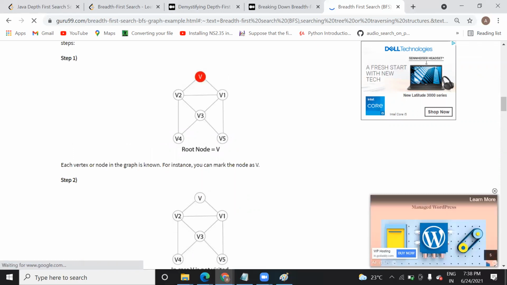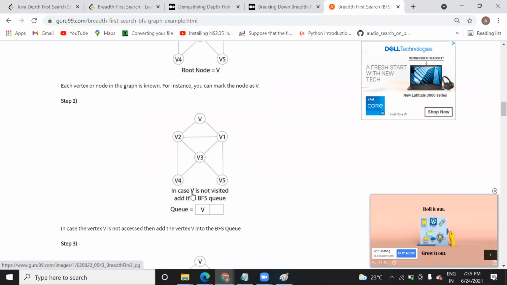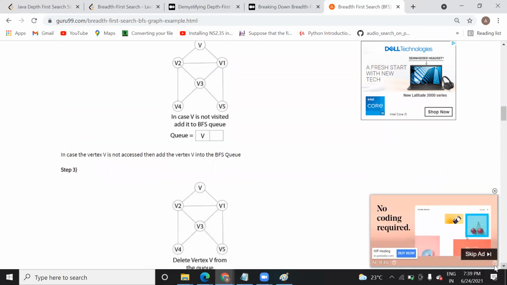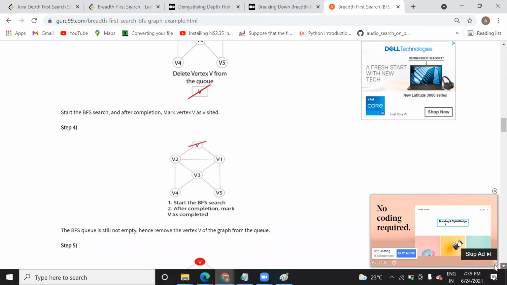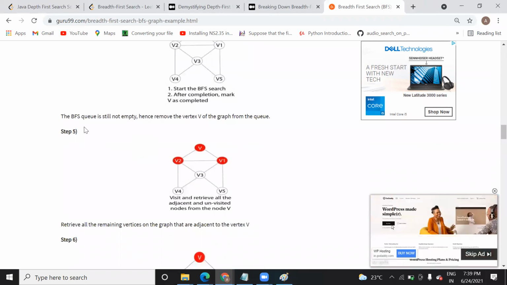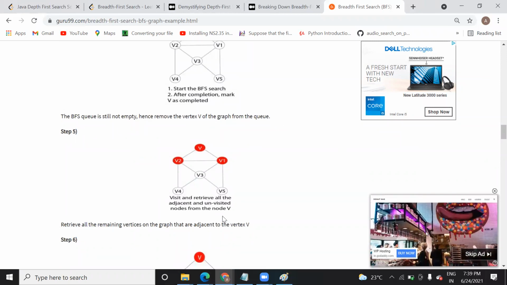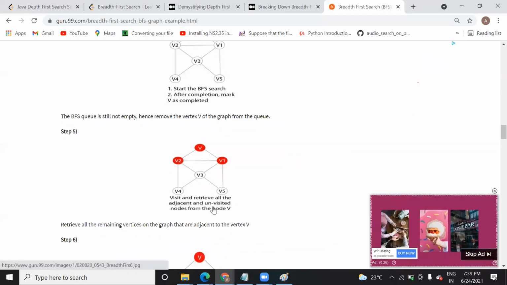Root node V. We remove V here. In case V is not visited, add it to the BFS search. Then step 3 is delete the vertex V. Okay, we have deleted the vertex V, and then the BFS queue is still not empty, hence remove the vertex V, visit and retrieve all the adjacent ones.